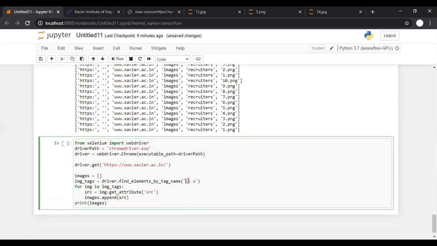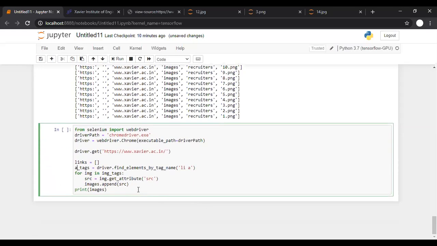Inside the li tag there is an a tag, so I want only those anchor tags which are inside li tags. And instead of images, I'm naming it links. It is a links list now, and let it be a_tags, because these are our a tags.